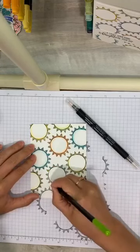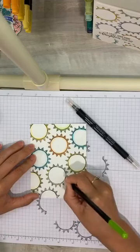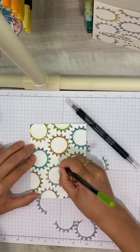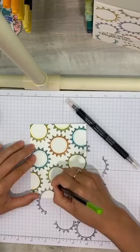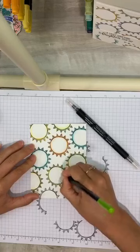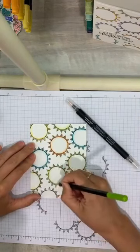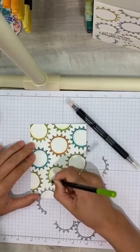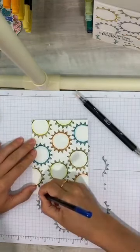then we'll have a balmy blue and a flirty flamingo. They're the two lightest colors, actually. There. And then we're going to go with the balmy blue. Let's see, for this one,